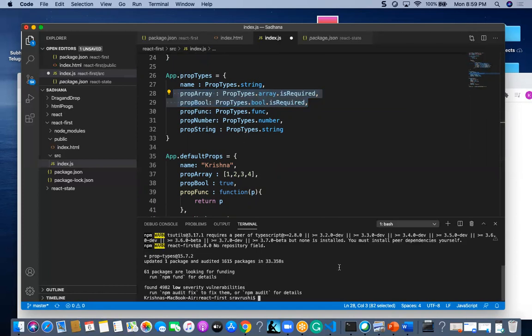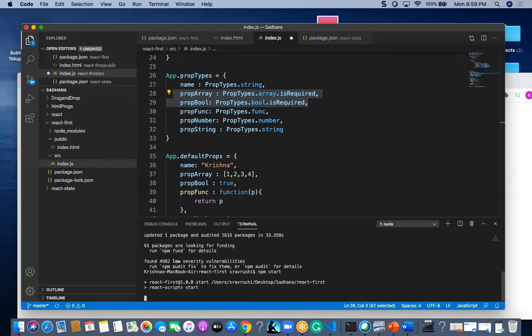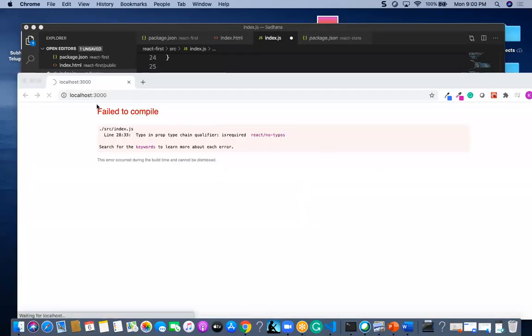So now if I am going to check this, npm start. Second is required.